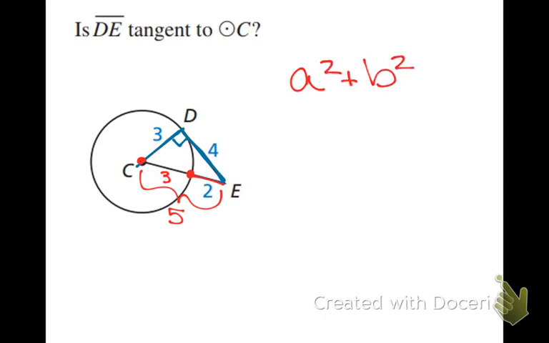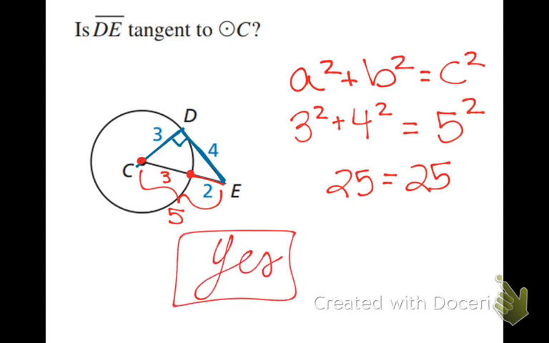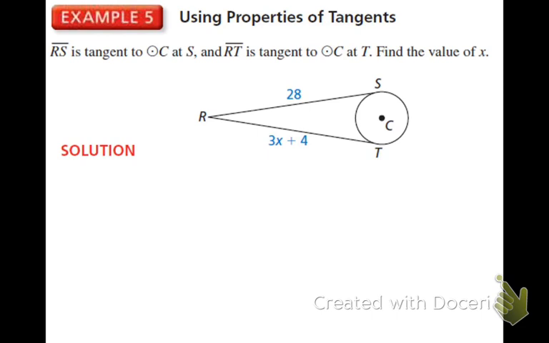A squared plus B squared equals C squared. What's my A and B? 3 and 4. Good. And then my C is 5, which would be 25 equals 25. So is DE tangent? Yes, it is. If they're congruent,